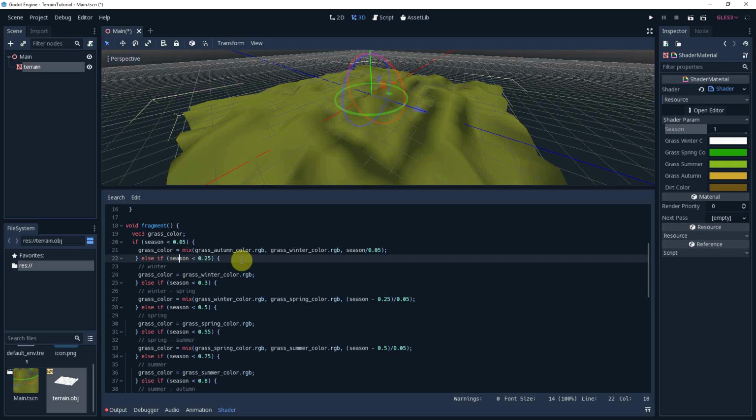But the value of season is not going to change very often in reality, and as we calculate the value of grass color in the fragment shader, it will do it every frame, which is not very efficient. So we can make this calculation outside the shader and then just pass the value of the grass color whenever the season value is changed, and we should do that